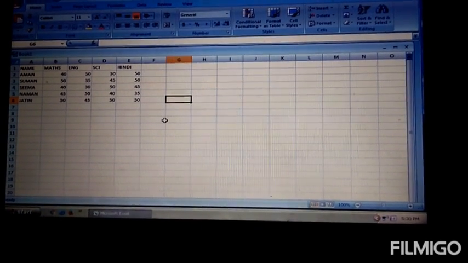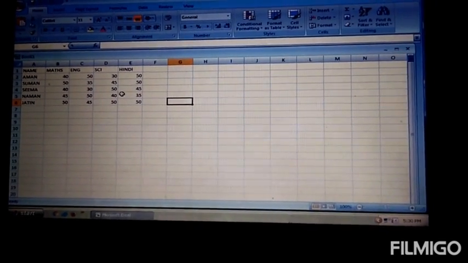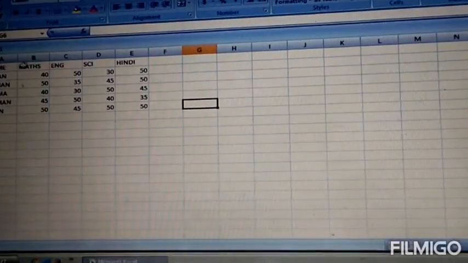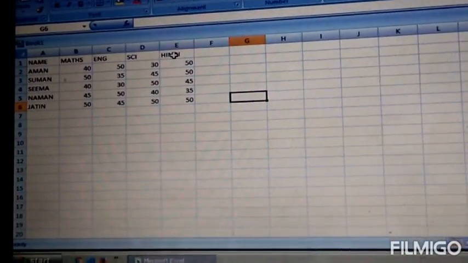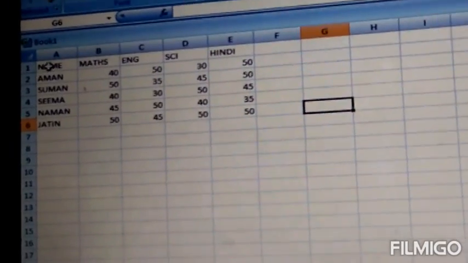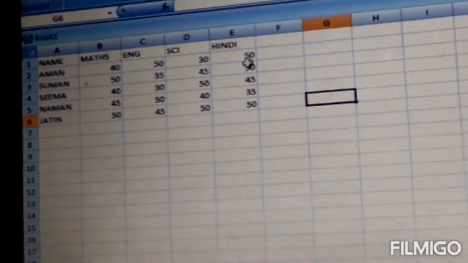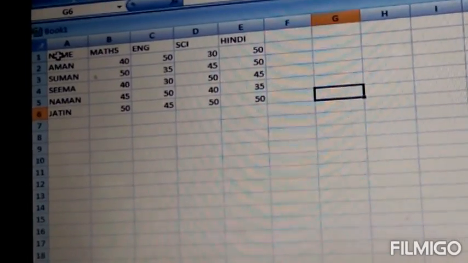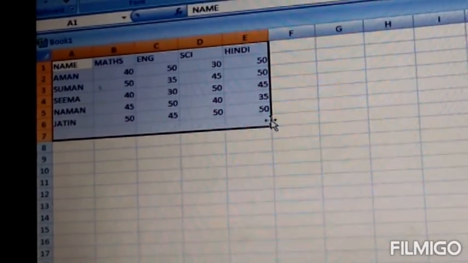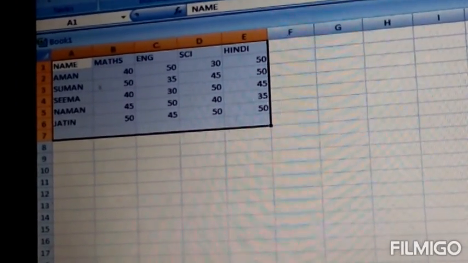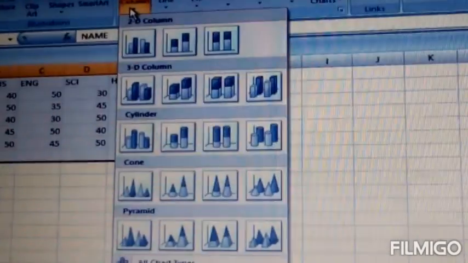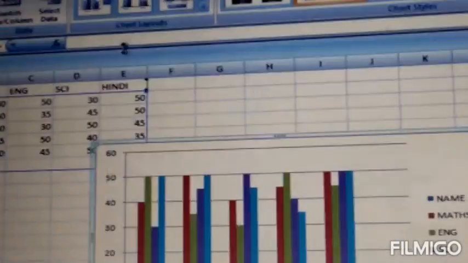This is Excel software. Now we will learn how to insert a chart in Excel. Firstly, you need to enter the information from which you want to create a chart. Here I have created a table: student record, name of the student and marks of different subjects. Firstly, you need to select the data like this, click on the Insert tab and select the chart which you want to insert, like I have selected a 2D column chart.